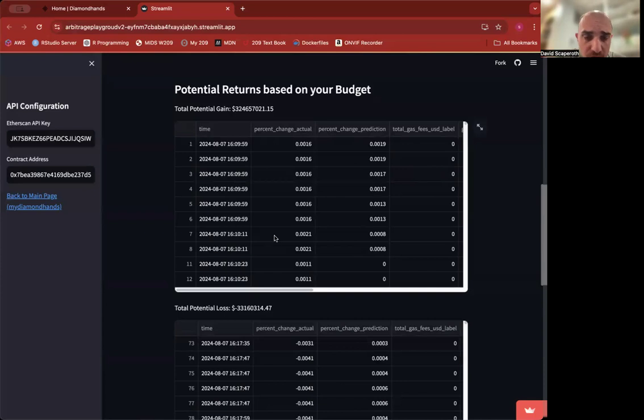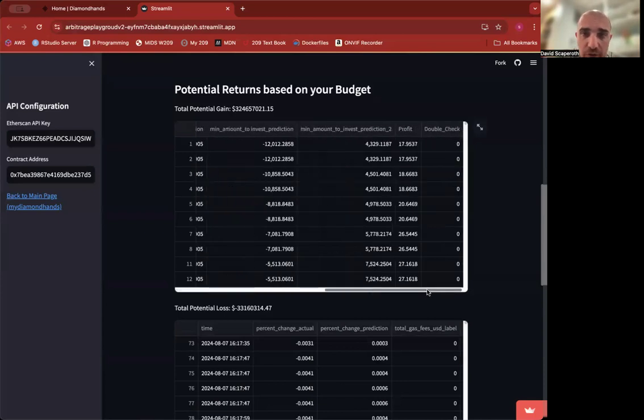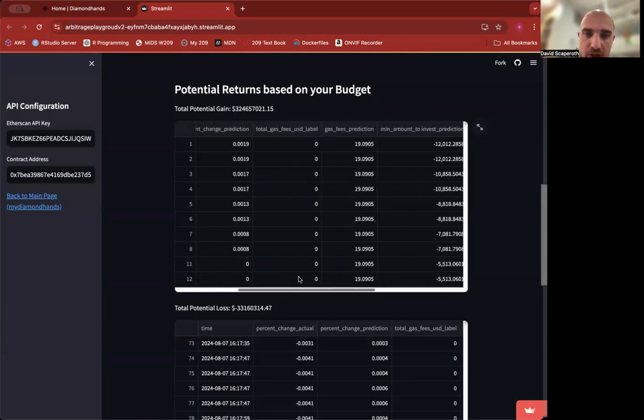Okay, so what's happening here, if you look over at this table on the right, it has a profit column showing around 17, and the units are dollars. And so for this transaction,